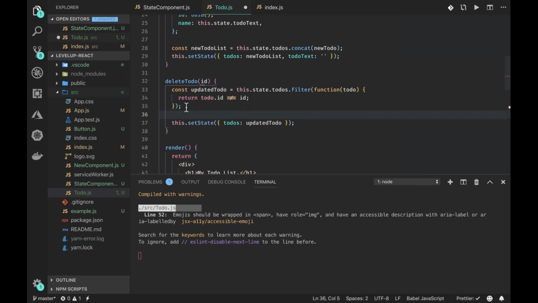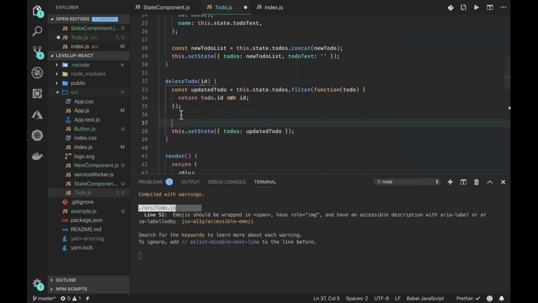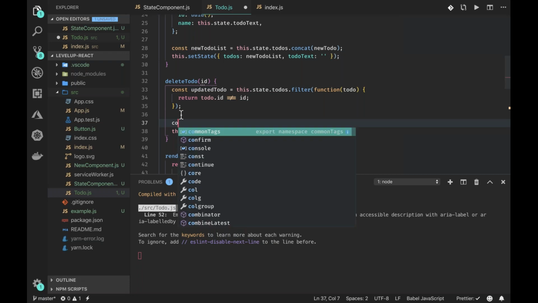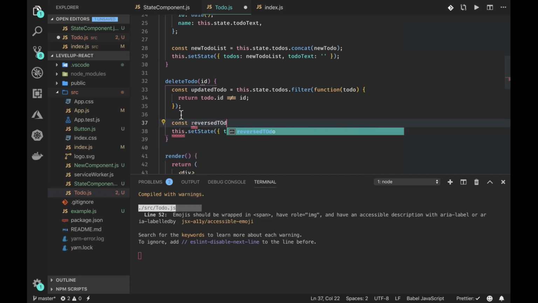But typically you would use a sort. So something like const newToDo or reverseToDo equals updatedToDo.sort(a, b